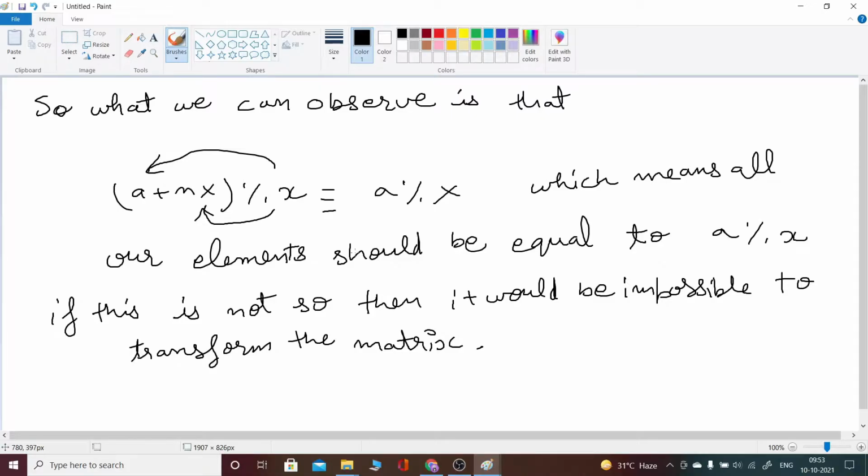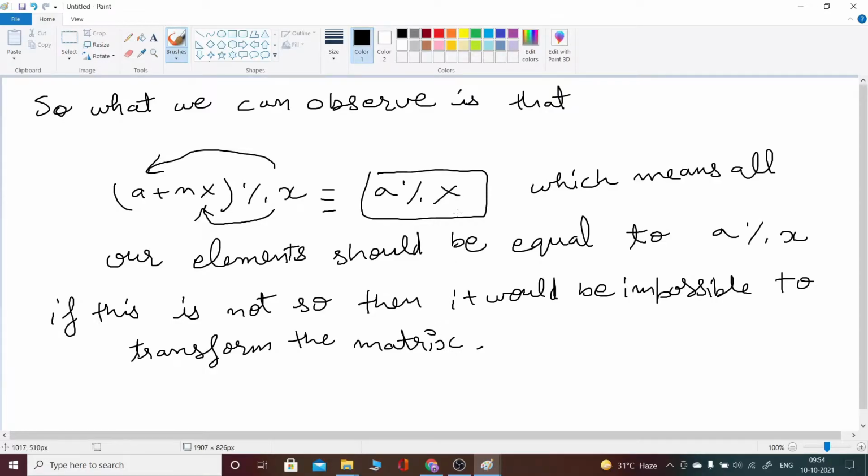So we took the modulo of x and we would get a certain number. What we can conclude is that whatever our initial number is, if we take that number modulo x, then it should be equal to a percent x. Otherwise we won't be able to transform our matrix.